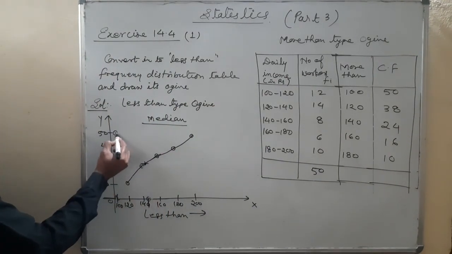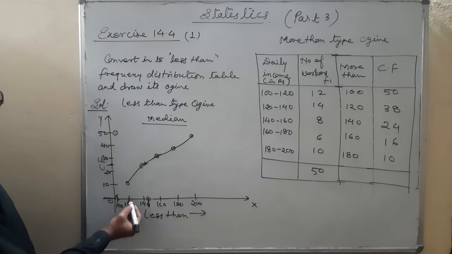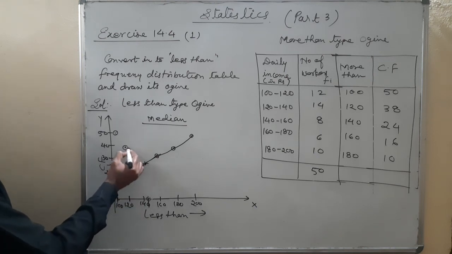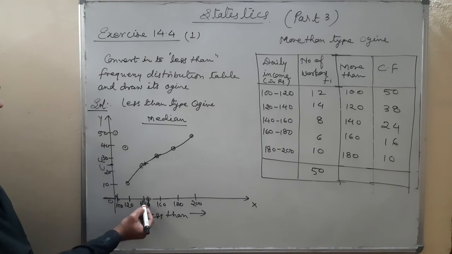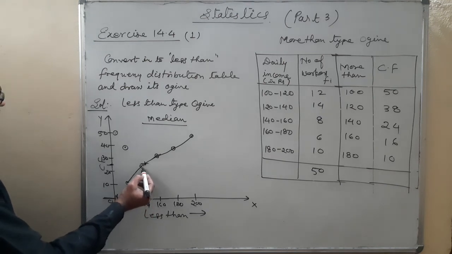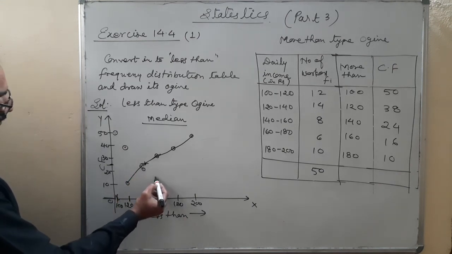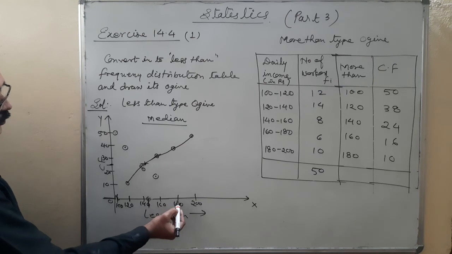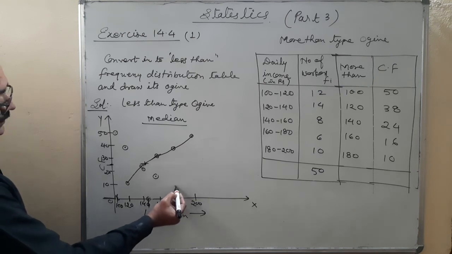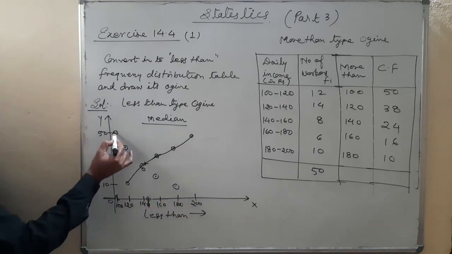At 100, it is 50. 120, 38. 140, 24. 160, 16. And 180, it is 10. And then we are going to join it by freehand,